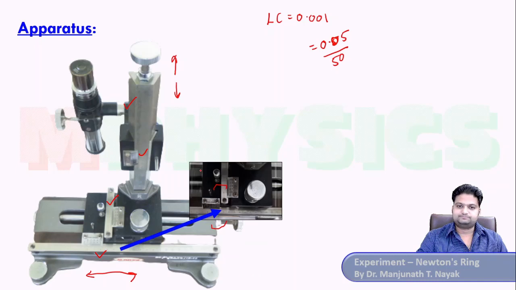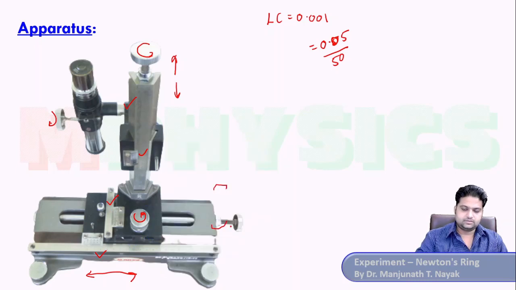And then of course this one. There are these knobs to rotate up and down, and these are for finer adjustments of the microscope. This is for moving the microscope up and down, and this one for moving it front and back. And obviously there's one here, which you can use to move it sideways. All right, so there are 3 knobs in total for all the motions, up and down and so on. For finer adjustments you can then use this one to get a clear picture of the